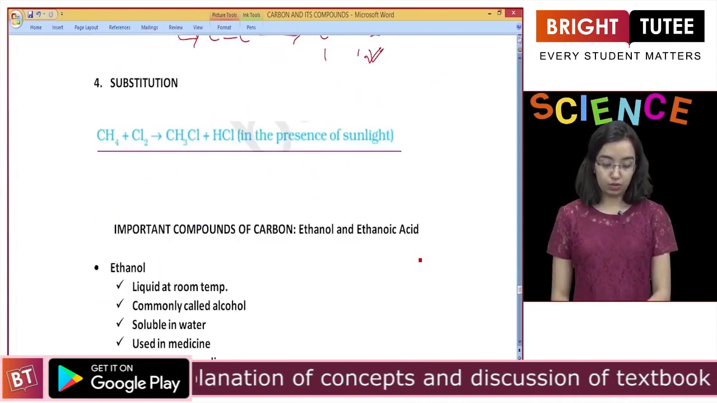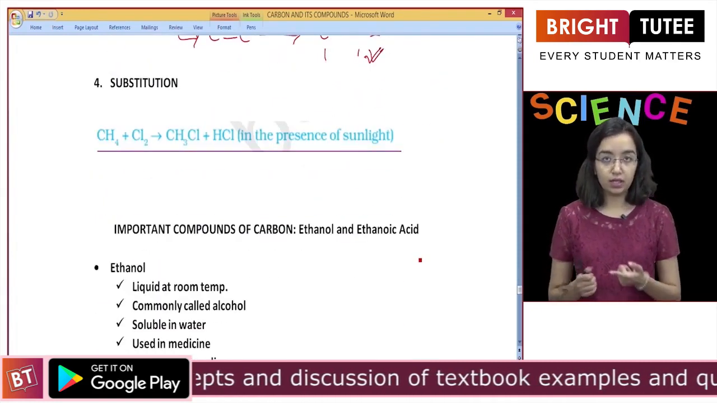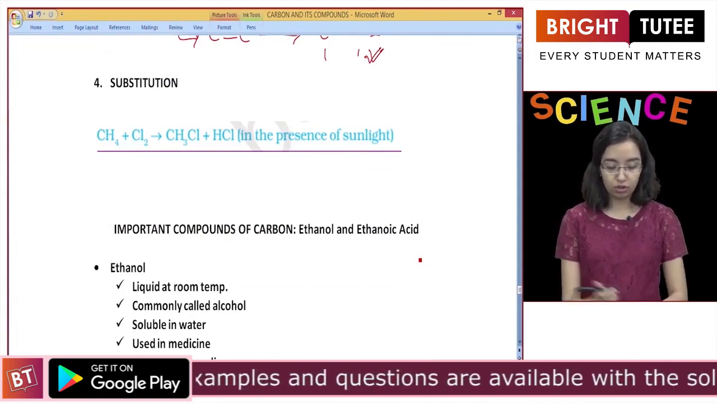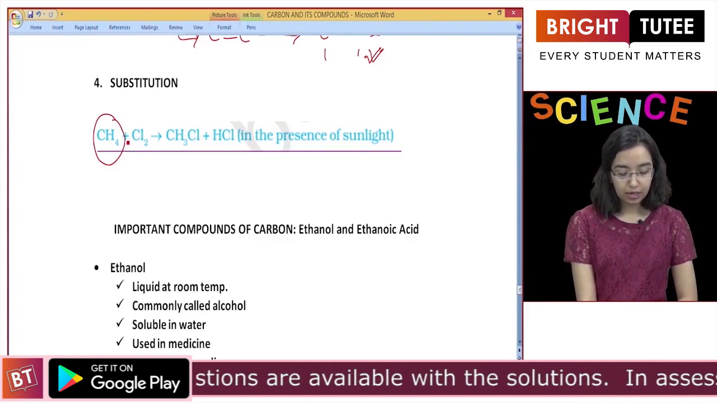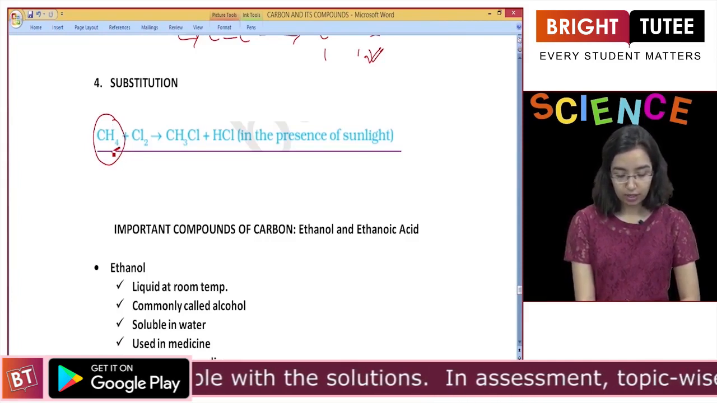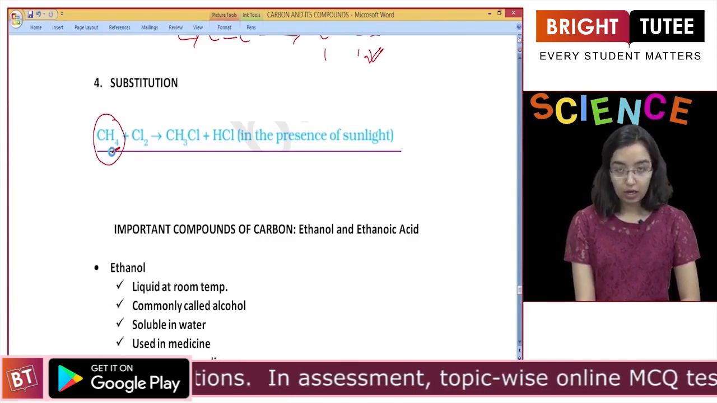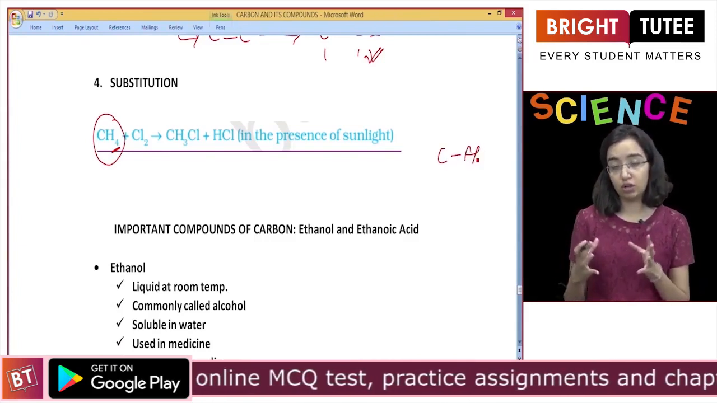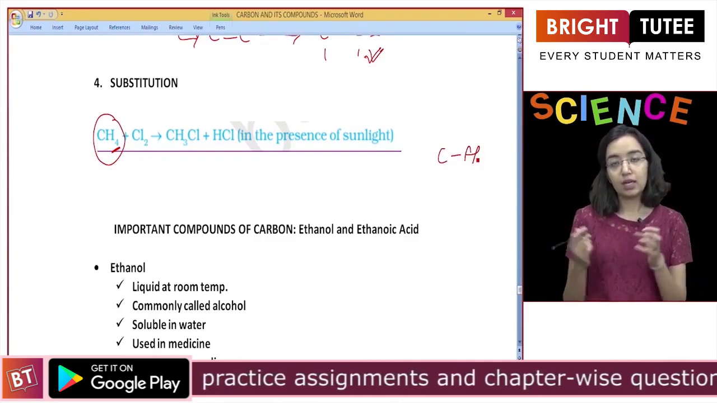The next is substitution. This is the last property. So we have studied combustion, oxidation, addition, and then substitution. Here the carbon atom has 4 hydrogen atoms attached to it. Although this bond of C and H is a very strong bond, because both the atoms are very small in size and hold each other with a lot of energy,